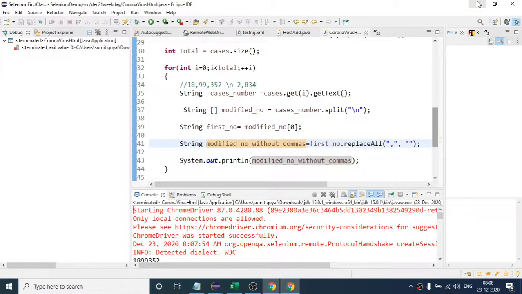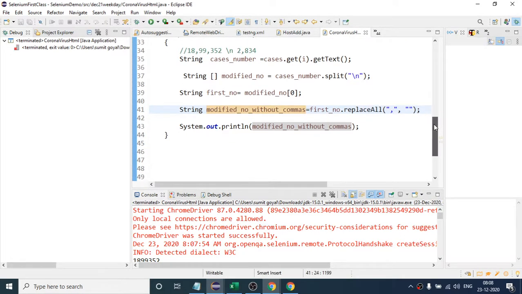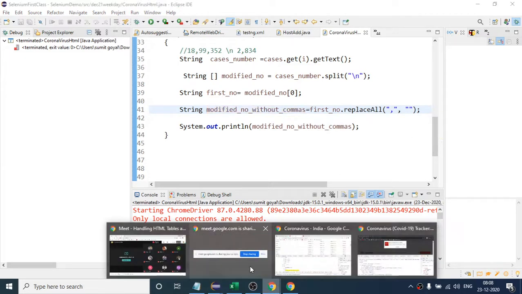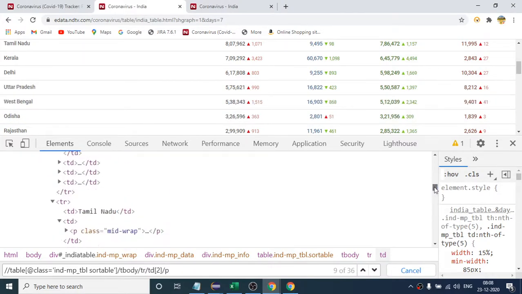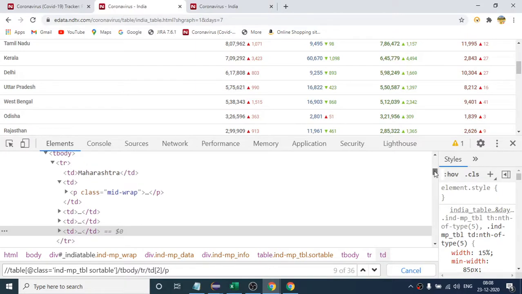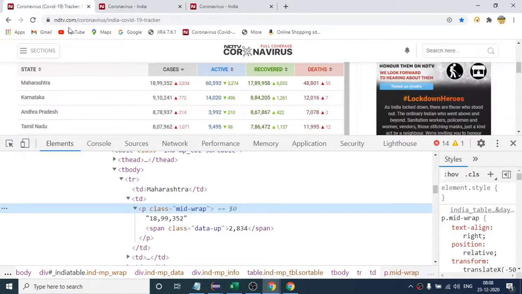Sumit, I have a question. How did you get that URL, that e-data, directly without handling the frame? On the original website, I have told you that this is one frame.